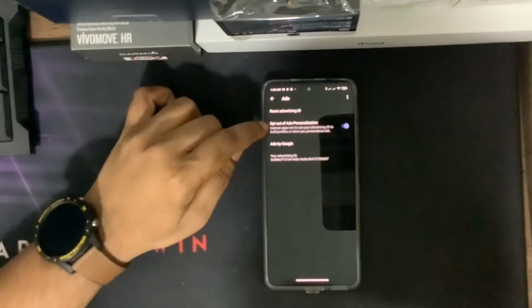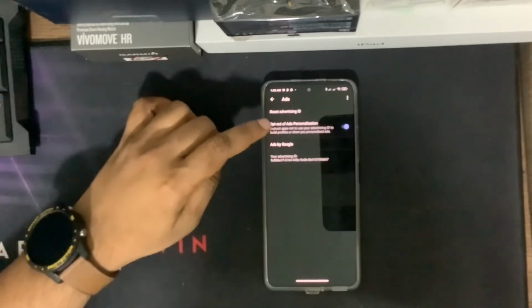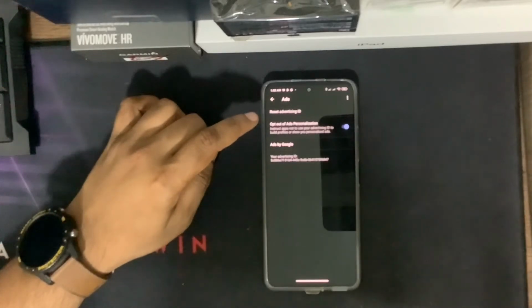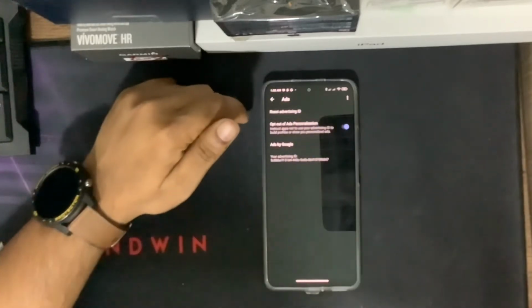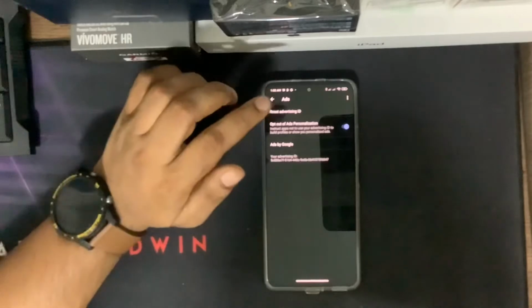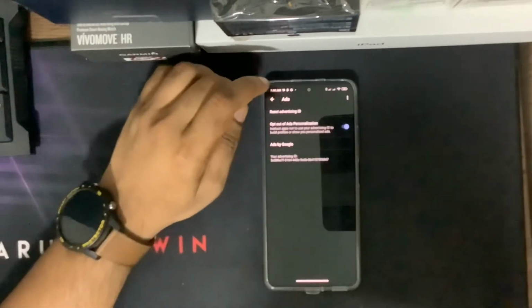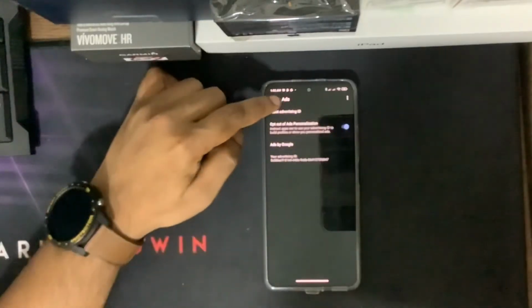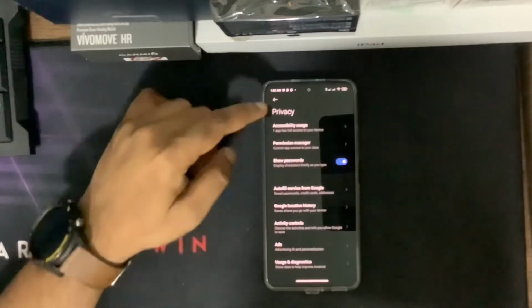So when you turn this on, what happens is, usually when we download apps from the Play Store, we'll get some ads. So if you don't want to see those ads, you turn this on so that you don't get those ads. Usually all these China phones, Poco phones, they support ads. So if you don't want that in the global version, you can turn it off. Okay, next autofill. Okay, this is all just normal things.